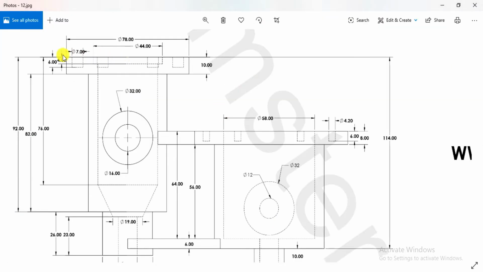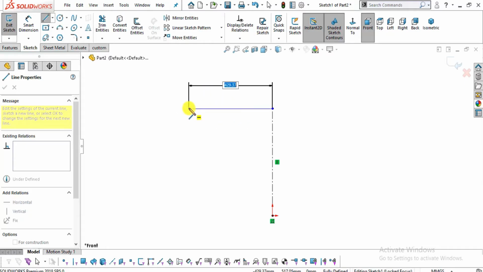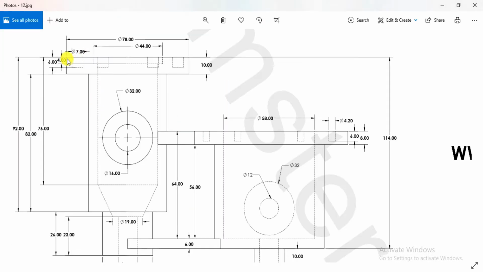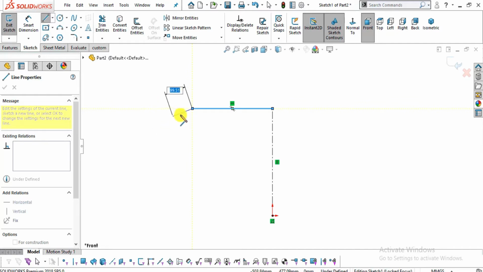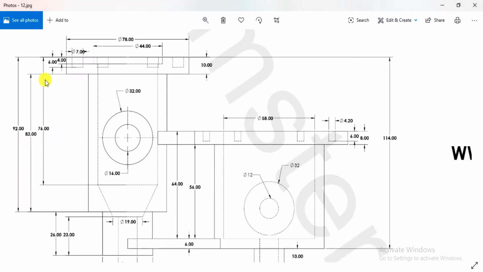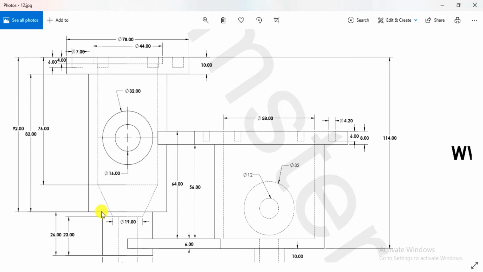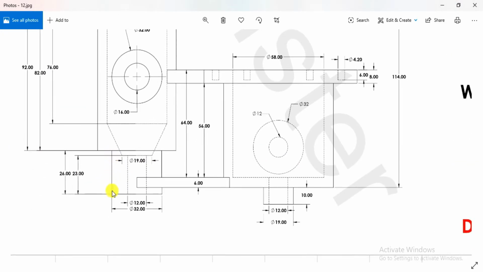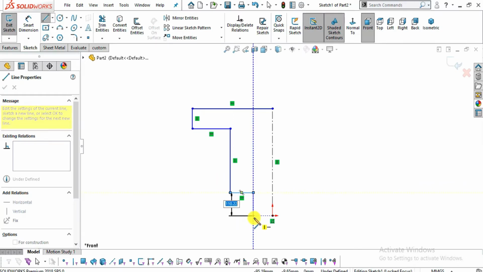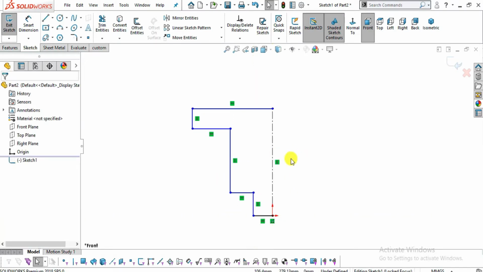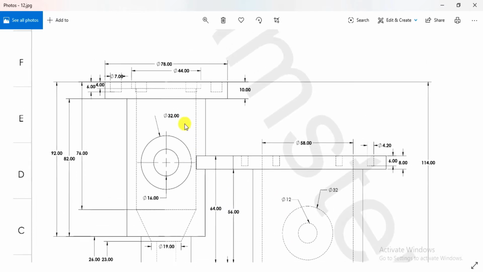First move towards left in horizontal direction. You can see the horizontal constraint symbol. Now in downward direction like this. Now create a vertically downward line, and this a little bit inward, then you can see a straight downward direction line like this. Now close this sketch. Now I will assign some dimensions.